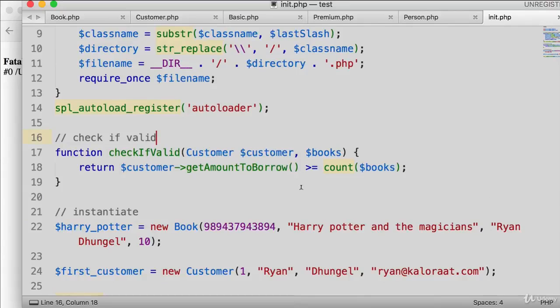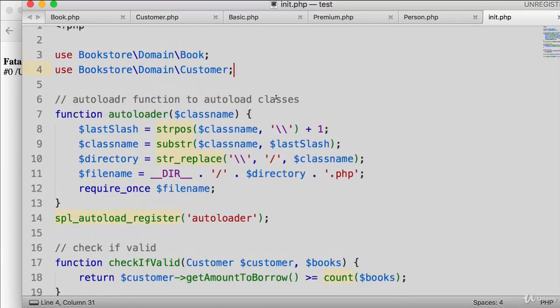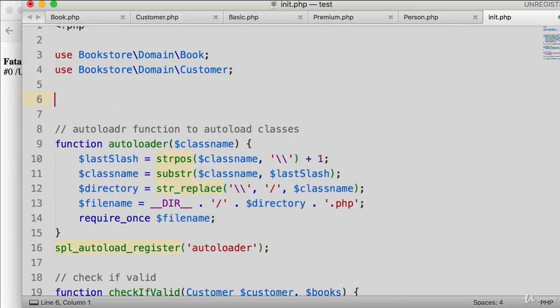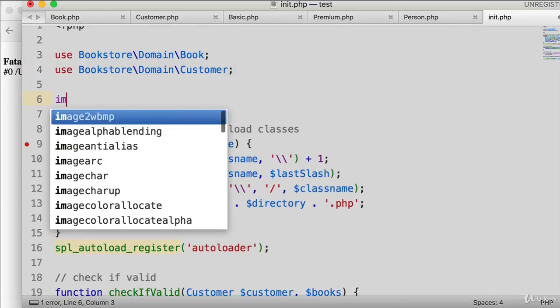Now it might not make a lot of sense because we are doing everything in the same file here, but in a bigger application you will clearly see the difference. When you work in big frameworks like Laravel, then you will understand all this. Okay, so what I need to do is import, I need to use